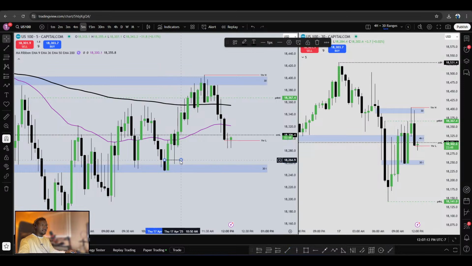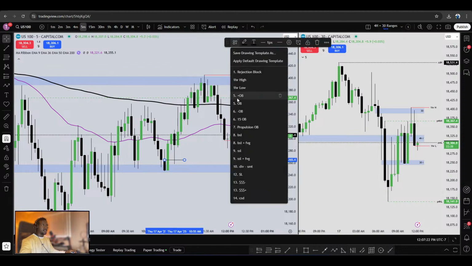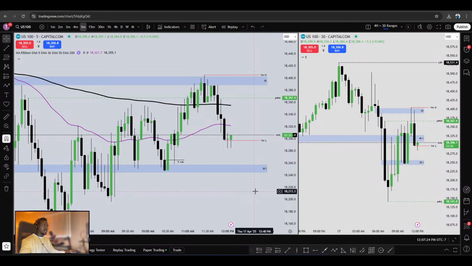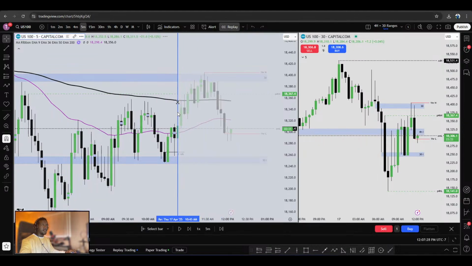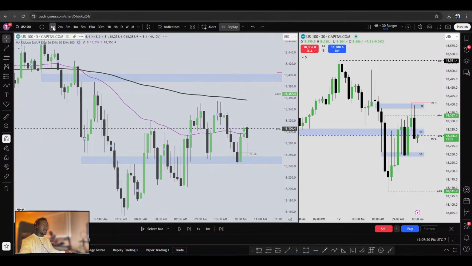Something like this is beautiful. See that right there, that down candle and the strong candle pushes up. This is kind of what we saw with yesterday's trade too. So what I'm gonna do is, it's okay, even if it leaves me, that's okay. I want to see something like this. So if I go back and then I go down to the 1 minute,